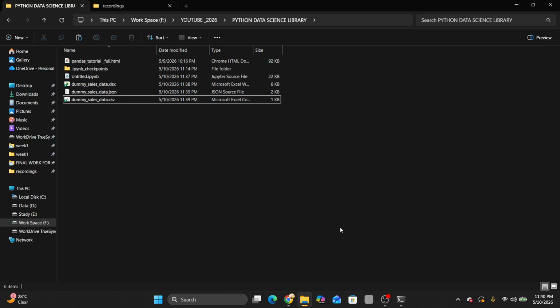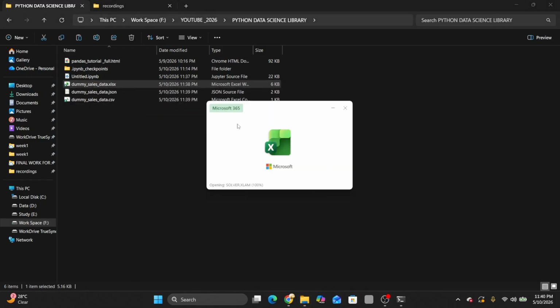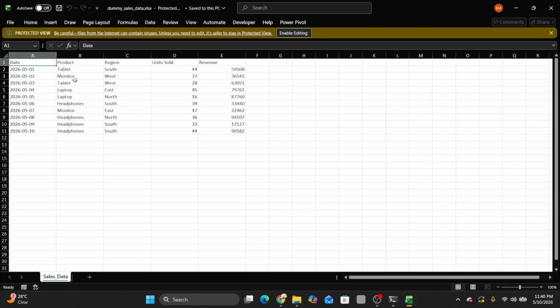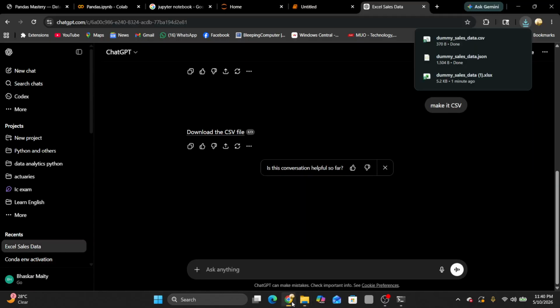So with the help of ChatGPT, I am generating a dummy sales data Excel file, JSON file and CSV file. So just opening it. You can see it is dummy sales data with some values. Okay, so yeah, go to